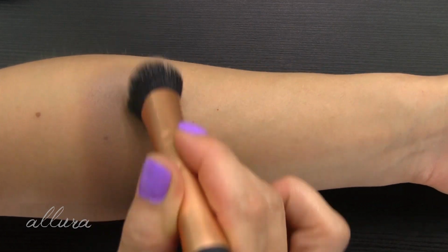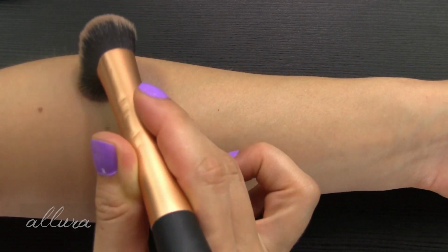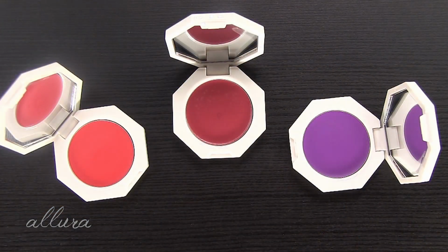Blends out really nicely, has a very good color to it. All right, next let's look at the Cheeks Out Freestyle Cream Blushes. These retail for $20 each, and there are a total of 10 shades available. I picked out 3 of them to show you a variety and to test the consistency across some